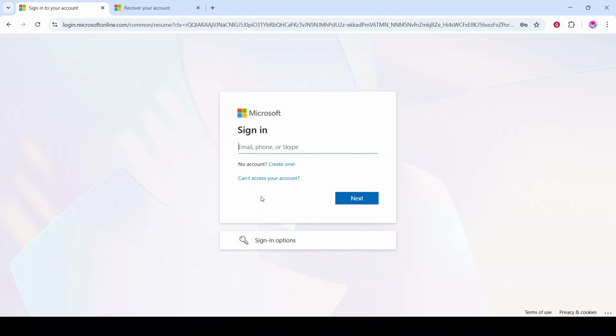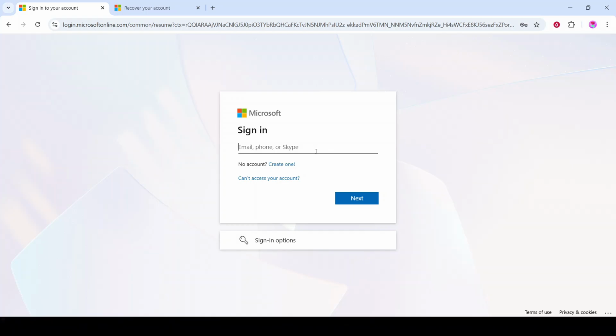Open that inbox, check spam or junk if you don't see it right away, and keep in mind the code expires, so use it promptly. Enter the code back on the sign-in page, then you'll be guided to reset your password, which unlocks your account. Create a strong new password you haven't used before, and add a recovery email so you have an easy fallback